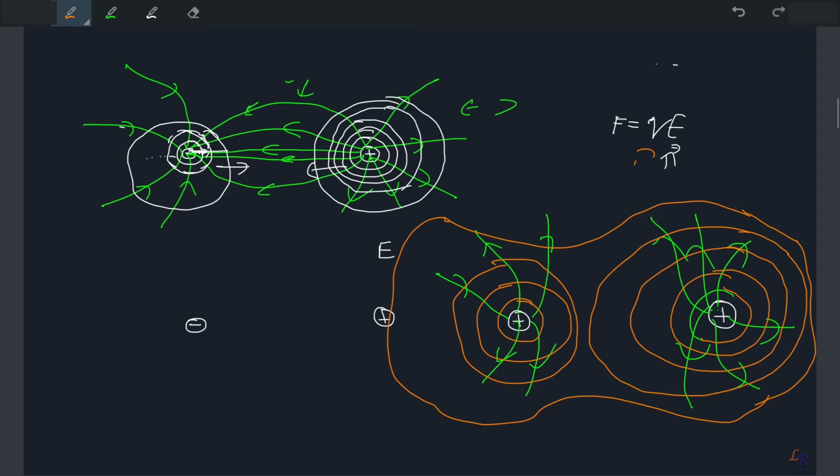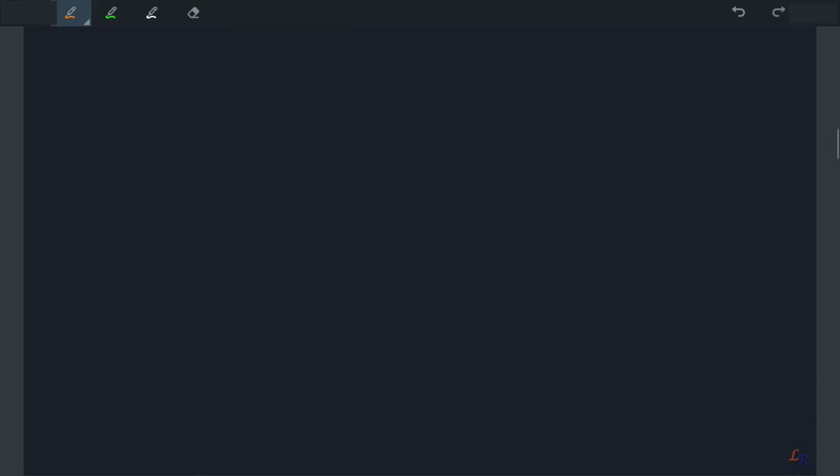So if you draw equipotential surfaces, here the electric field is higher and here it is lower. With sparser lines, you have to go a little farther compared to this point to get the same work done, because here the electric field can be lower, as the field density is less, right? So this is about how you can draw electric field lines and equipotential surfaces for a pair of similar charges or dipoles. Now moving further, let's see some relation,